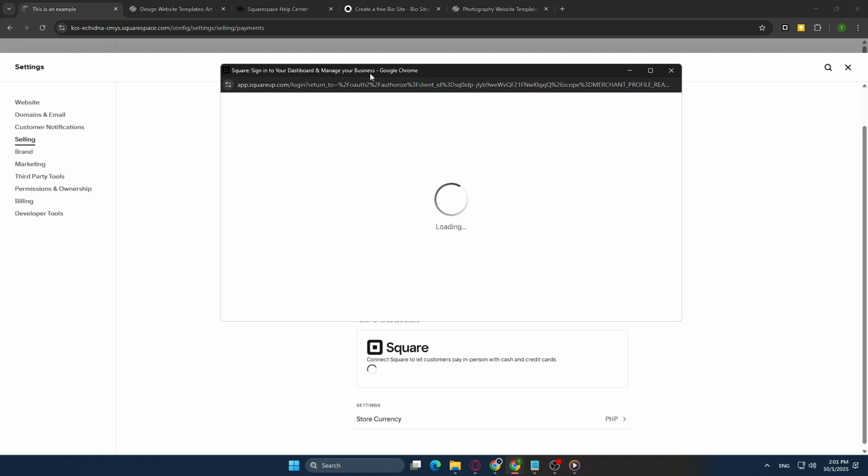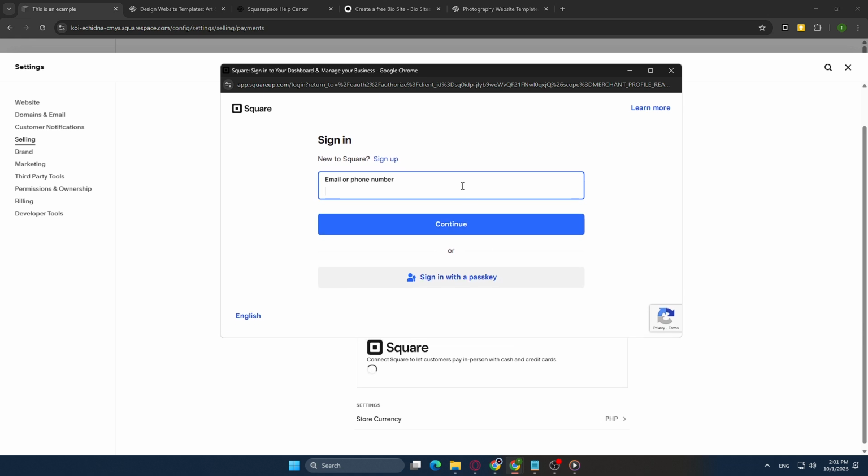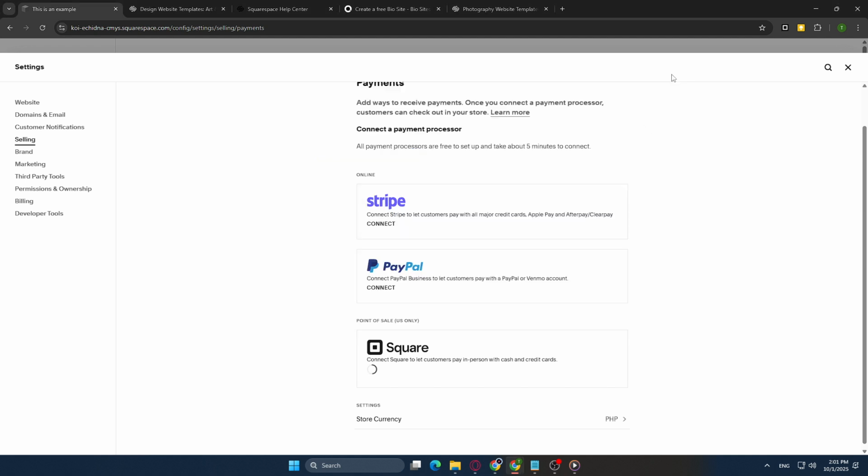You've successfully connected your Square account to your Squarespace site, and now you can manage your transactions in a streamlined and effective manner. This setup means that every payment processed through your website will seamlessly reflect in your Square account, giving you full visibility and control over your sales. That wraps up our tutorial for today. Integrating these platforms not only optimizes your site's checkout process, but ensures that you'll have more time to focus on what truly matters,